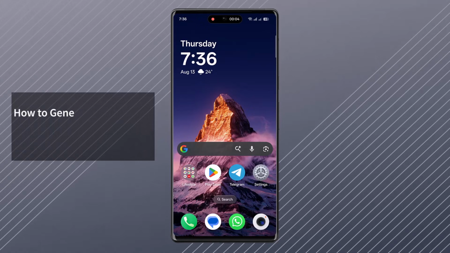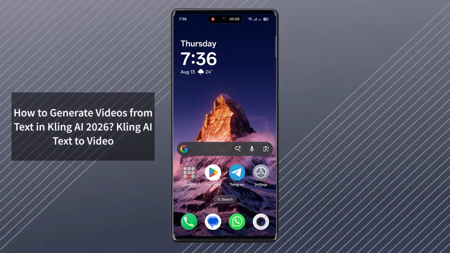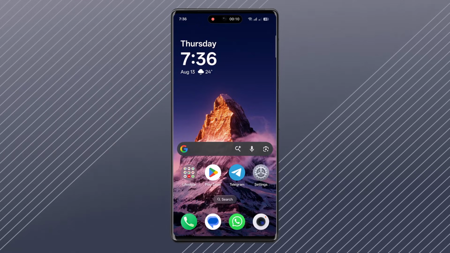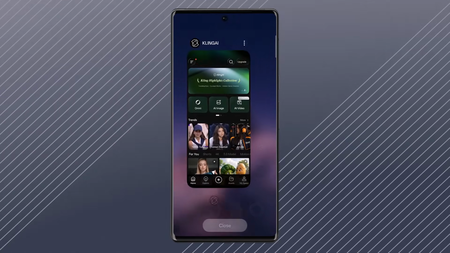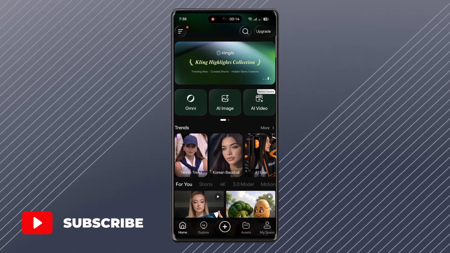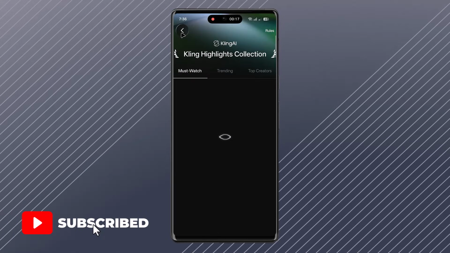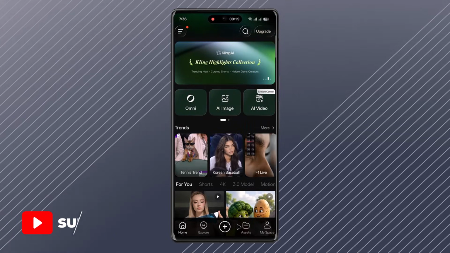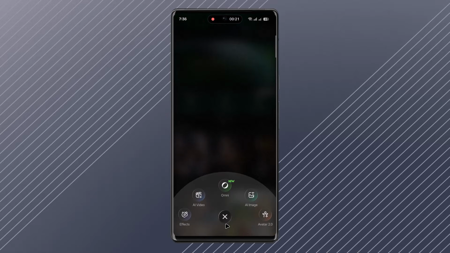How to generate videos from images in Kling AI. If you want to generate videos from images in Kling AI, first of all, make sure to launch the Kling AI application, and this is the interface you will see. So what you have to do is, from the bottom, just tap on this plus bar or the plus icon,